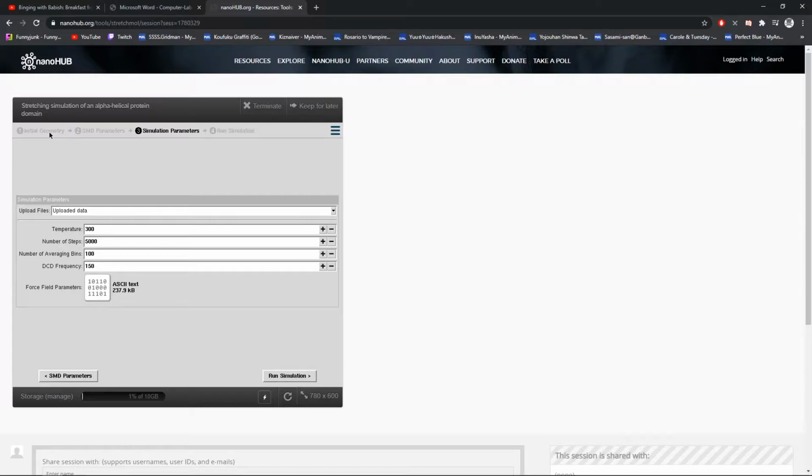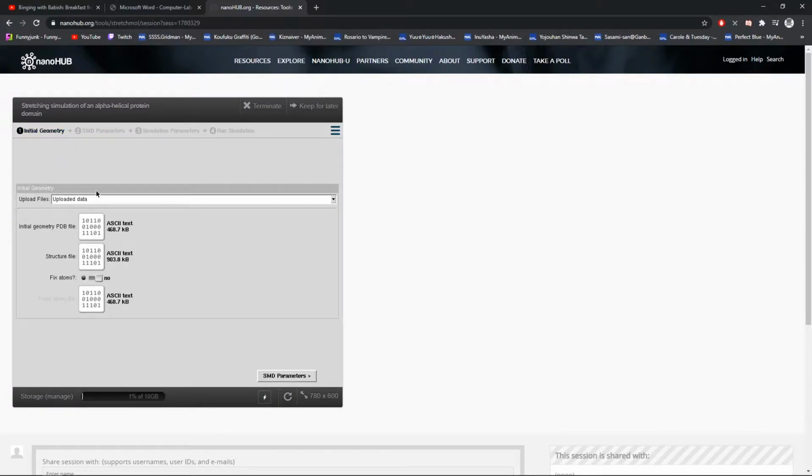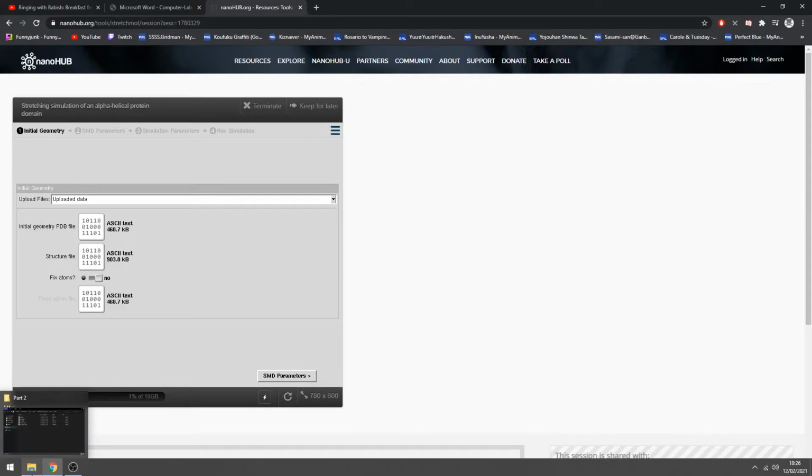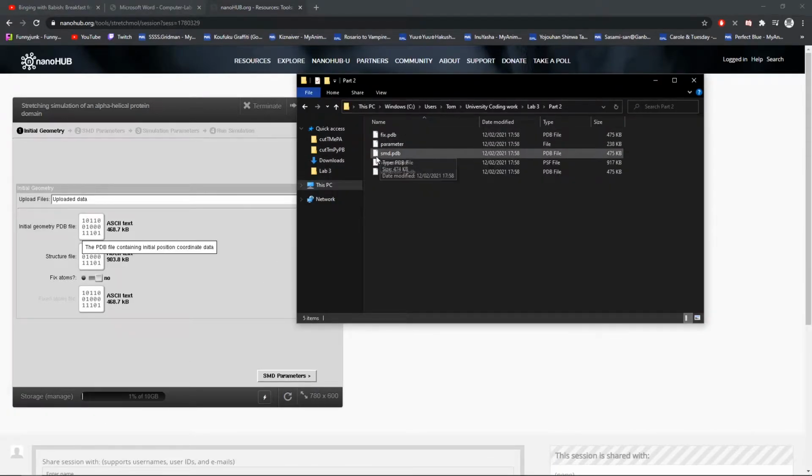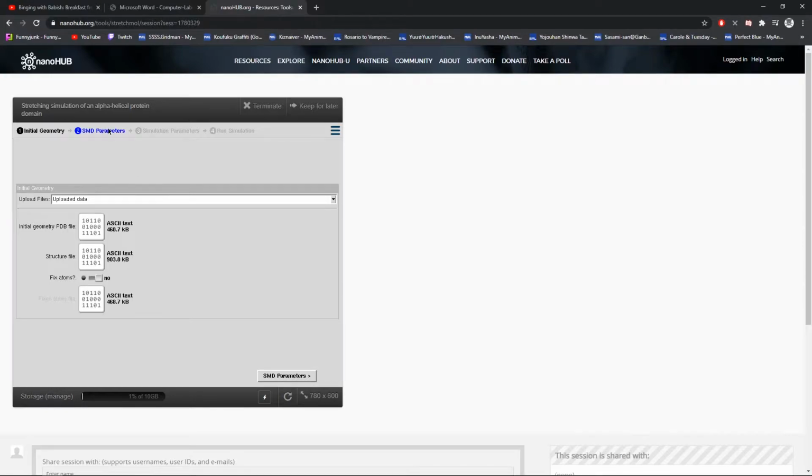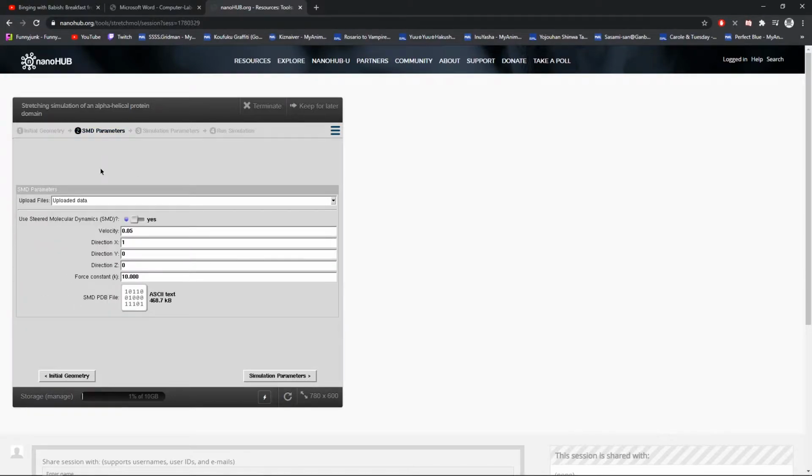Go over to initial geometry, and you have your uploaded data. You need to upload your initial PDB file, your structural file, and your fixed atoms file. If you look here, we have fixed.pdb, we have the PSF file, and we have the PDB file. Then move on to SMD parameters. You have the uploaded, where you upload your